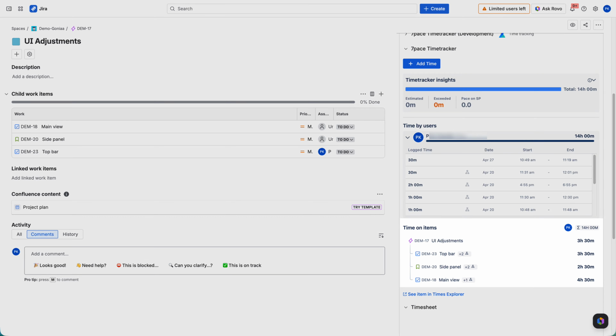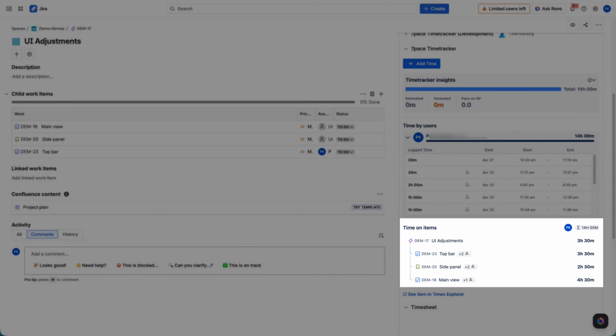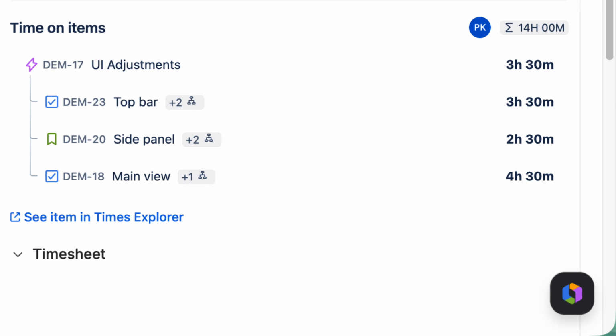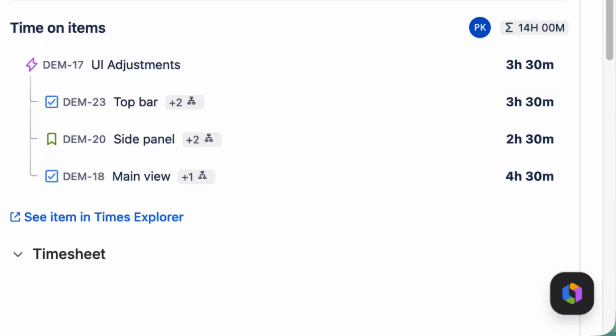The Time on Items section visualizes the work breakdown structure. It displays the current task and its immediate children, showing exactly how much time is attributed to each specific item. If an item has deeper nested levels, an information icon appears. The number next to it indicates how many lower-level tasks are contributing to that row's rolled-up total, ensuring visibility into